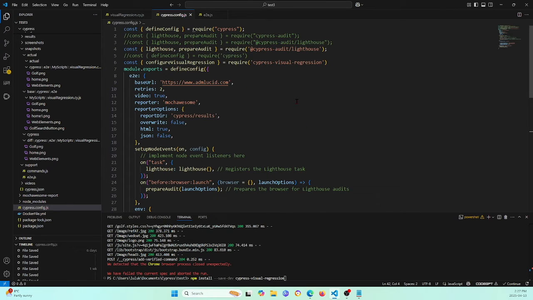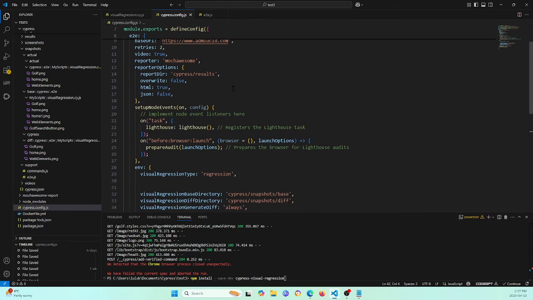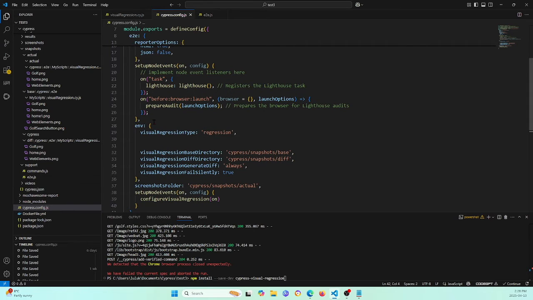cypress.config.js. In this file, we put require cypress-visual-regression. And here, in the environment, we give the visual regression type as regression. And here we define two folder locations. One is the base location. Another one is the diff location. And also we define the visual regression generator,